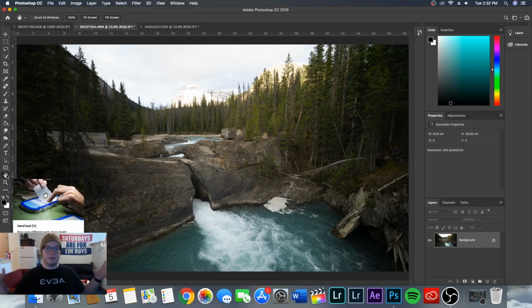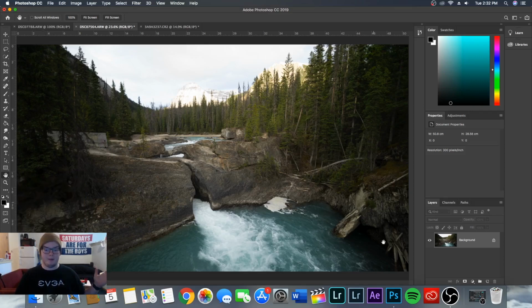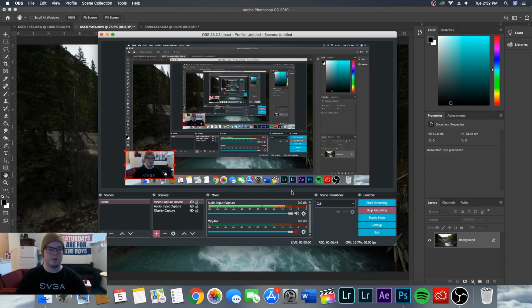So that's how to remove people and objects from your photos in Photoshop, and I hope you guys understood what I was trying to do,